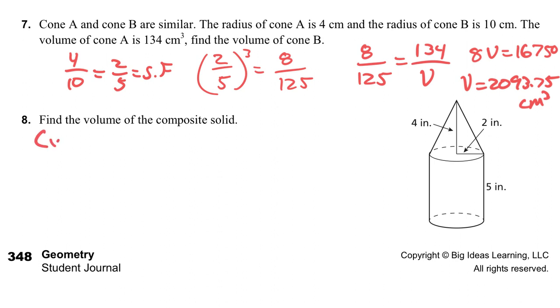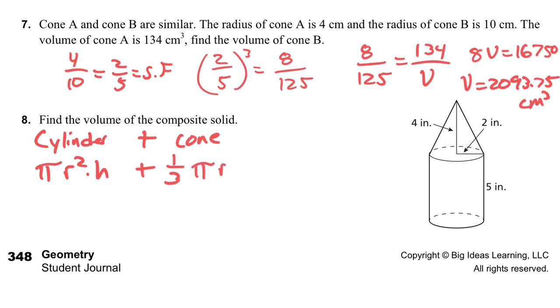And then for number 8, we have two shapes here. We have a cylinder and we have a cone, and we need to add their two volumes together. So the cylinder is pi r squared times the height, and the cone is 1/3 pi r squared times the height. So for the cylinder, I'm going to say pi times the radius, which is 2 squared,